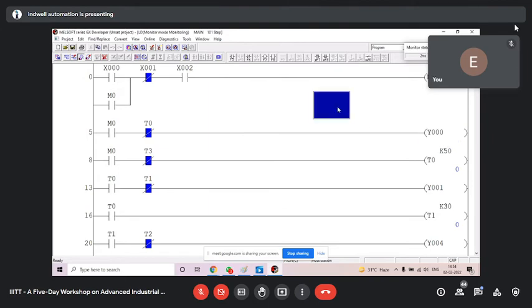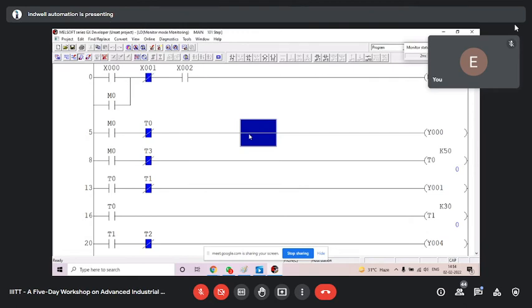And we will see why this Y0 is not getting supply. Okay, now you see. First, let me show you. I am going to press X1. See, on your screen, I am going to press X1. In software, you can see the status of X1. Is it okay? X1 is being operated, correct? So this X1 is being operated because I am pressing the hardware switch from the machine. So I am pressing the X1 switch, you can see the status.